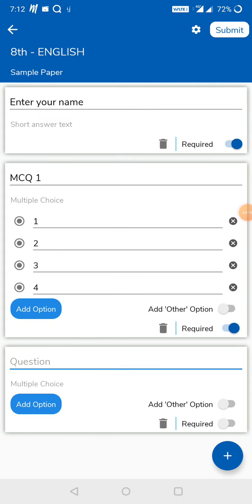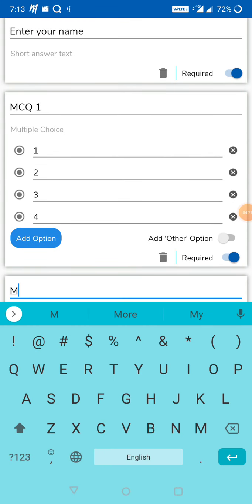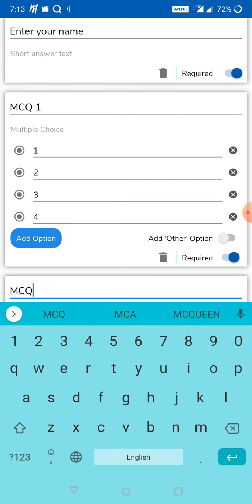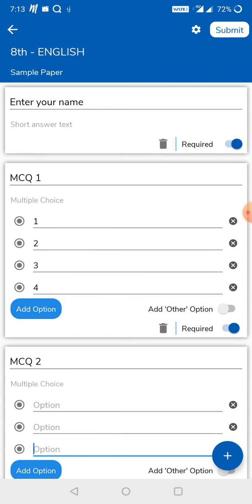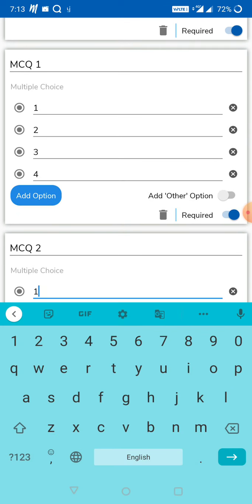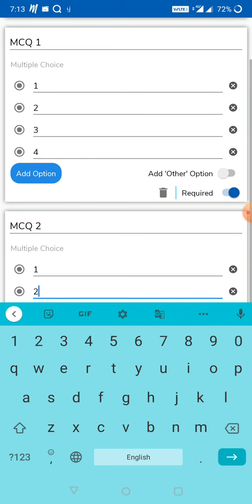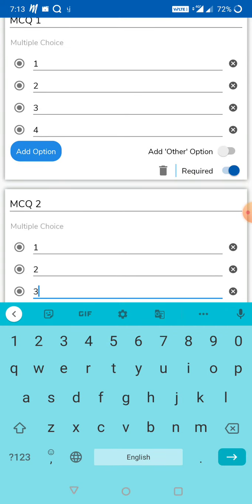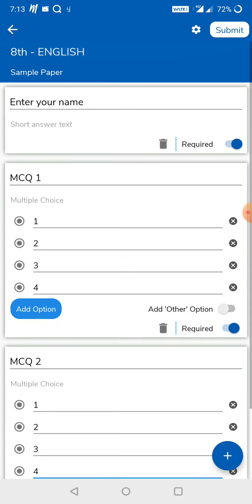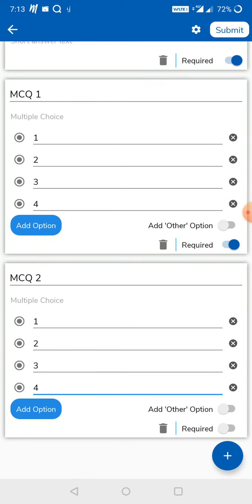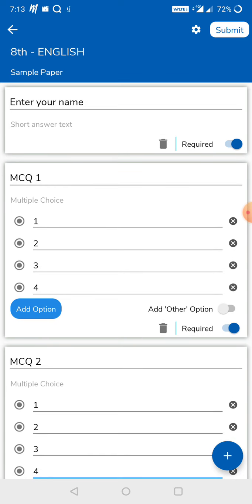Similarly, we add more questions. Suppose MCQ 2, and then add options 1, 2. Then we have to add the options here. After that, once we complete our question paper,